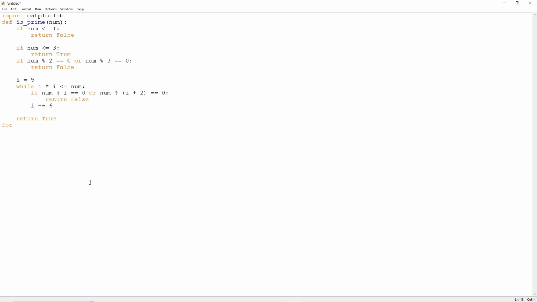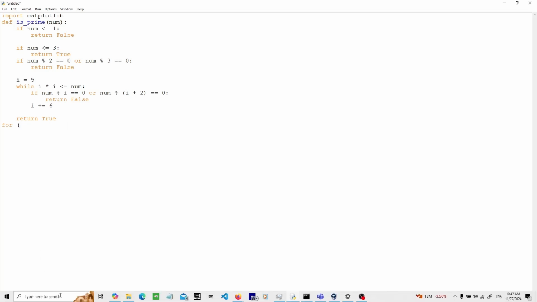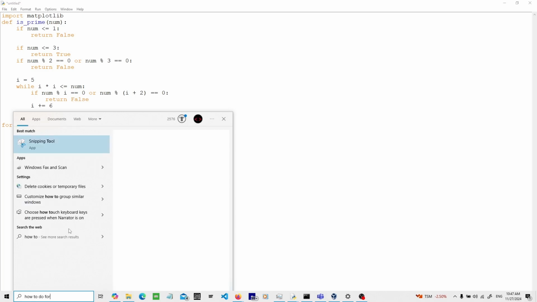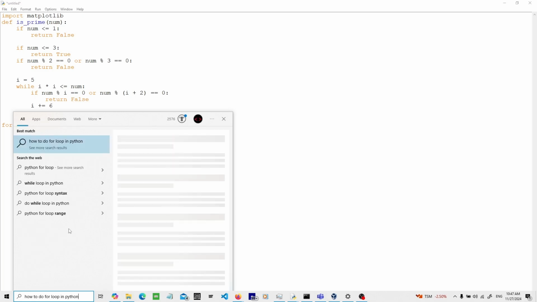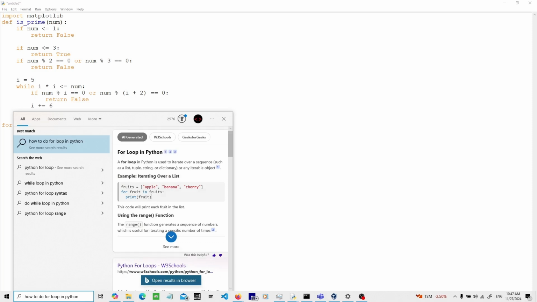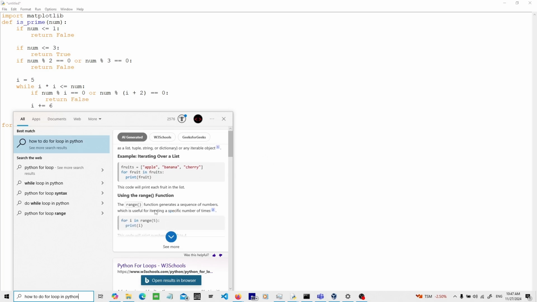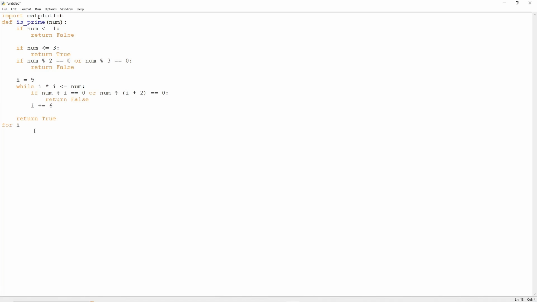I forgot how for loops work in Python, because usually in JavaScript it's for let i equals 0, then something like this, but I forgot how to do them in Python. Let me check. Oh, that's easy. Oh yeah, so I was right. Okay, good. For i in range of, let's say,